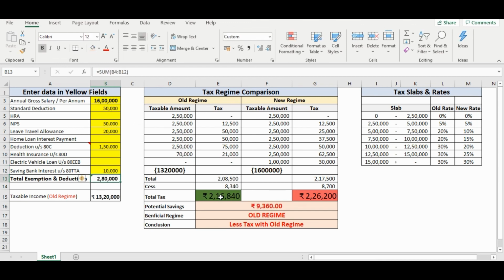So in this case we can see that the tax we pay with the old regime is lesser than what we will actually end up paying if we choose the new regime. Therefore, with all these examples we can conclude that if we are going to claim the deductions, we should always choose the old regime so that we can get the benefits out of our investments. If we have not planned for any of the investments, we can simply choose the new regime.